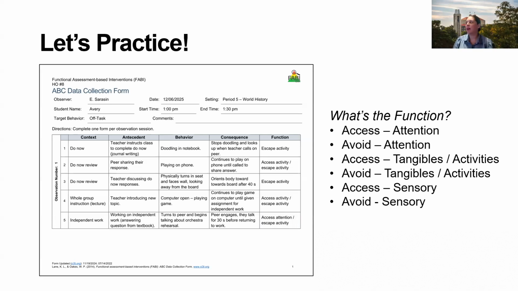Yep, we would agree. So we've got access attention, so that positive reinforcement with accessing my peer attention by having that conversation. And because I'm having a conversation, I'm also escaping or avoiding the activity, which is that independent work, those textbook questions. So when you're thinking about what's going on here, are you trying to access positive reinforcement or avoid negative reinforcement? And what is it? Access attention, access activities, tangibles, access sensory. Same for avoid. That's such a great explanation, Elise, and exactly right.